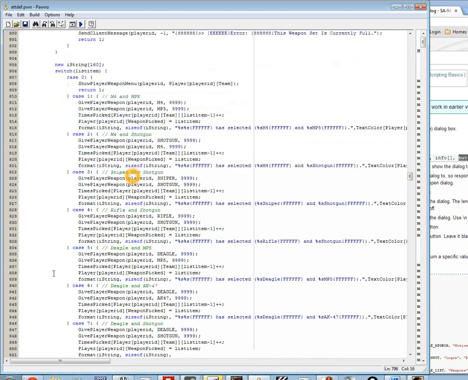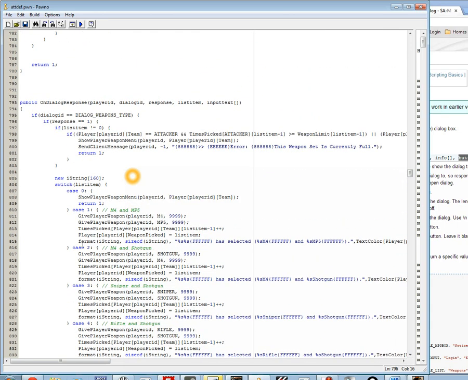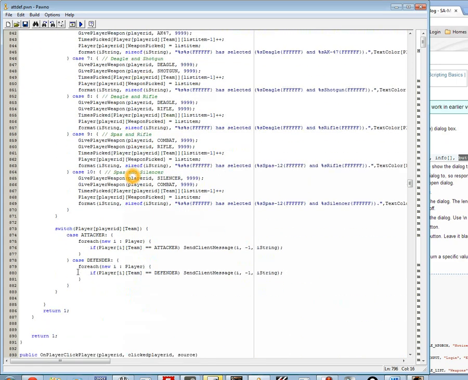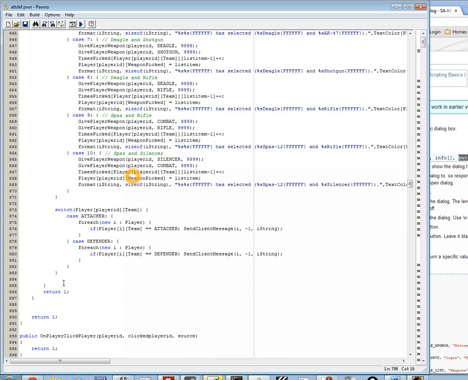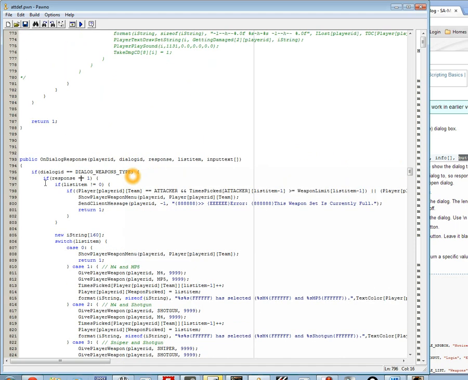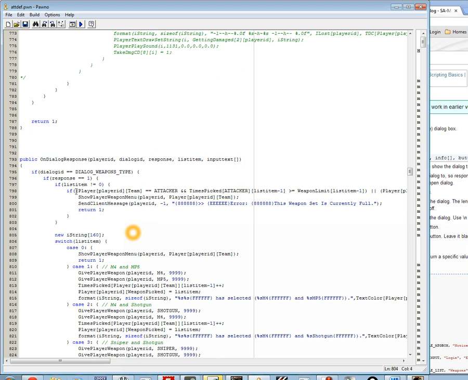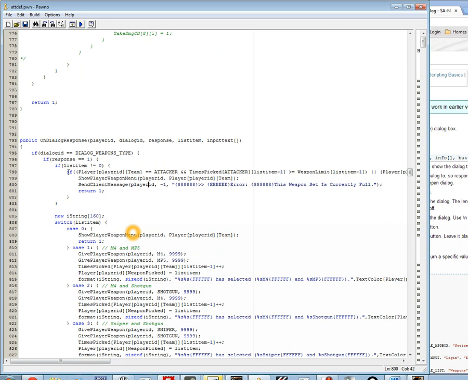Later on we might do something, because if the player gets the dialog and he doesn't want a weapon and the round is paused, for example, he shouldn't be able to move once he closed the dialog. So you can check in here to make sure that the player freezes after he closes the dialog. But for now, just put if response equals 1, which means if the player clicked on select that we had as a first button, then if the list item is not equal to 0. Now if you don't put this, you're gonna get an error if you click on the first item. So put if list item is not equal to 0,